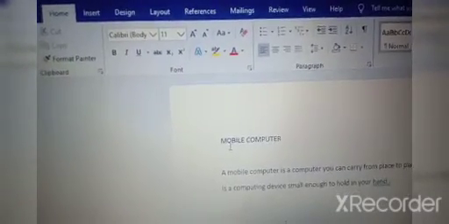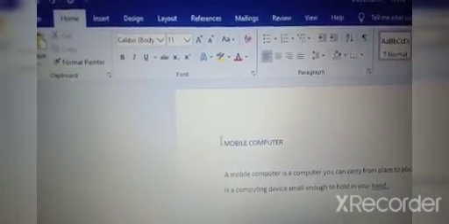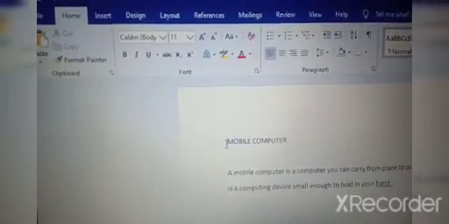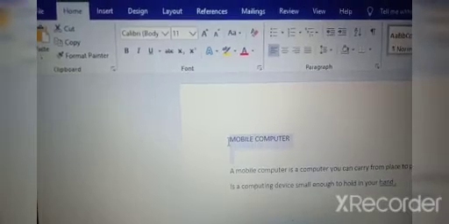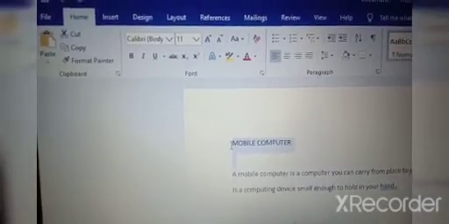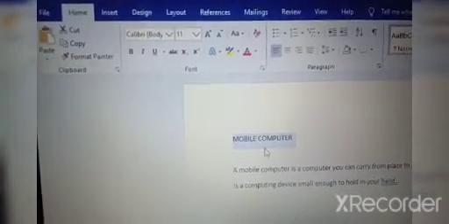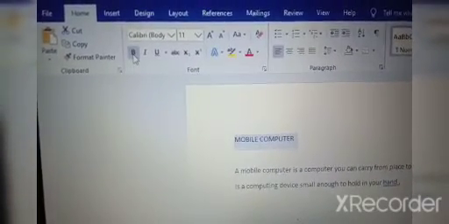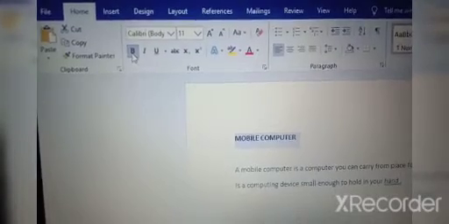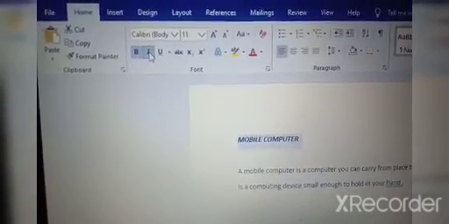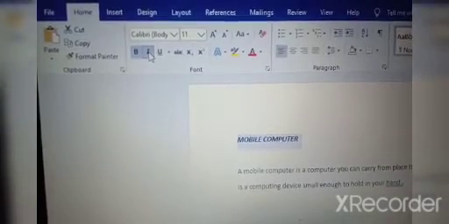So now how to do it, children? Select your text. You know how to select the text. Keep your cursor at the starting, press the Shift key and the left arrow. Now I have selected this text, mobile computer. Now I will click on bold. You can see the text is bold. Then I will click on italic. You can see the slanting effect for the text.